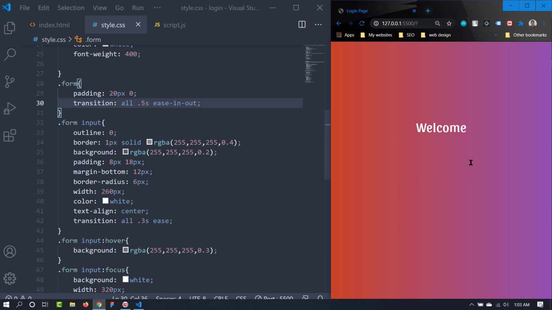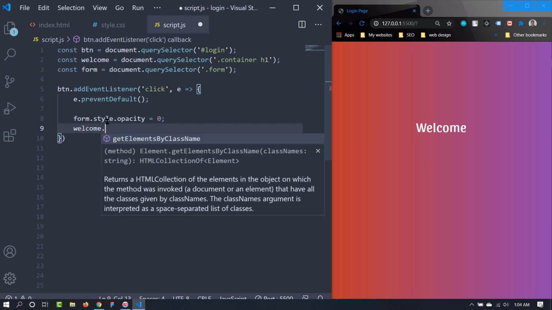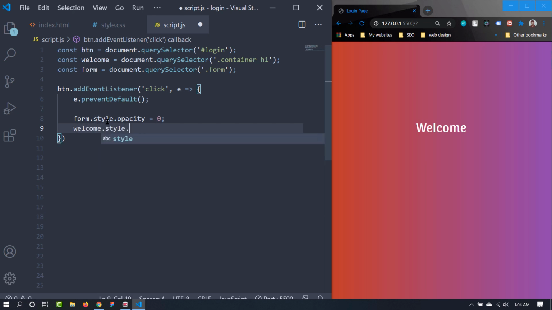and it is. Now we need to push down this welcome message a little bit, so we are actually going to use the translate for that. So it will be the translateY. We can get that by using this variable of welcome dot again style, and now we want to change the transform.